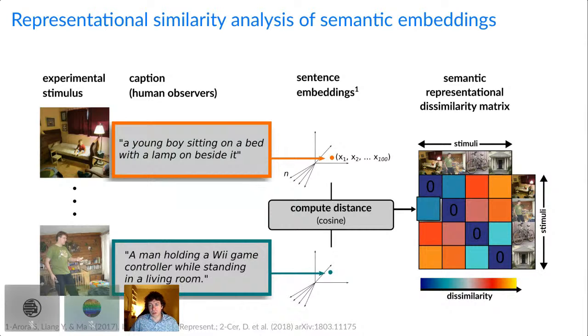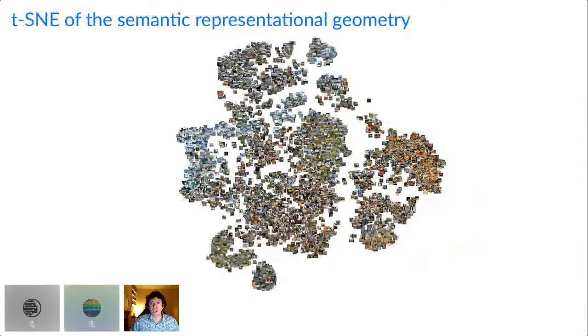To give you a little bit of an impression of the richness of this data set, here I'm using TSNE to project this highly dimensional representational dissimilarity matrix, made from the sentence embeddings of the images that were shown to the first subject in the NSD study. TSNE essentially projects this high-dimensional representation onto a 2D plane that best approximates the distances in the high-dimensional